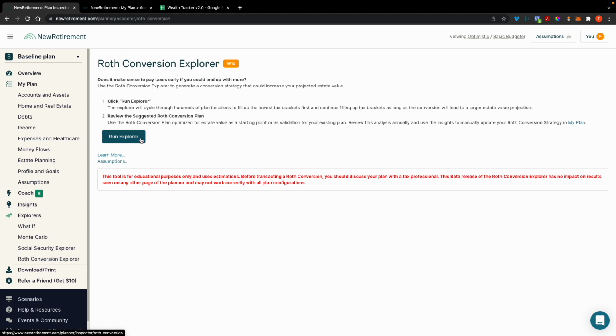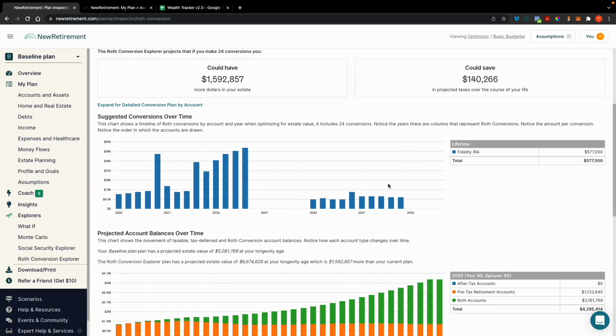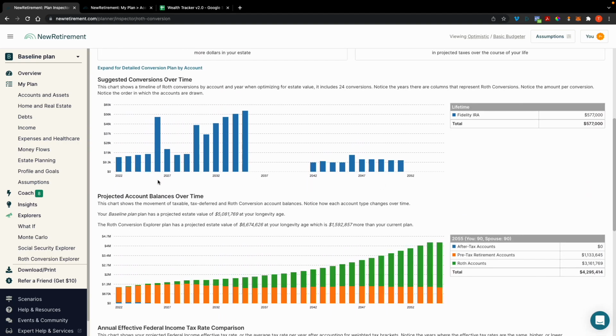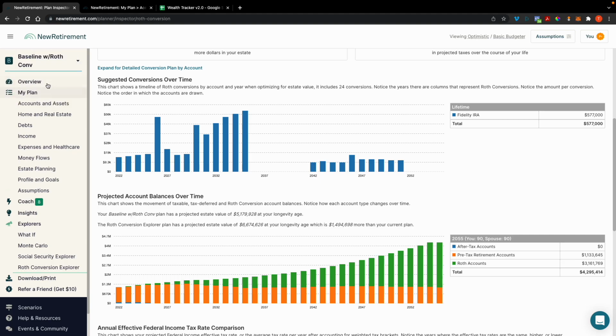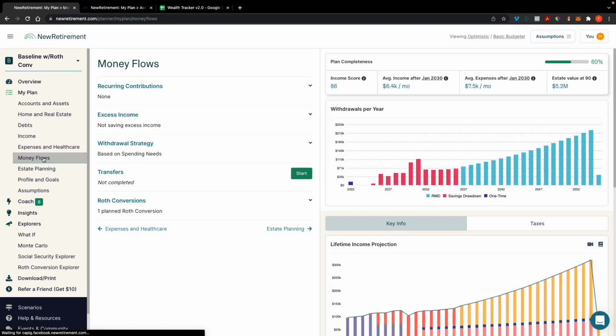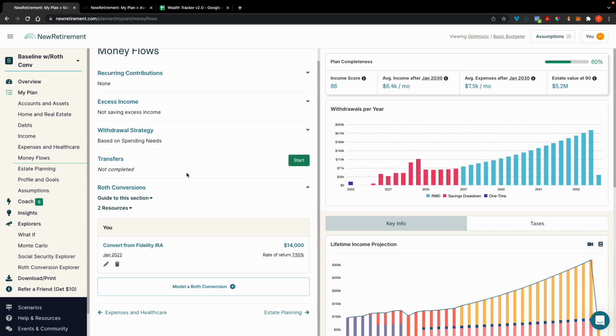And then what we're going to do is run it, and it proposed $14,000 next year and $15,000 the year after. If you just hover over this, you'll see what it proposed off to the right there for the year 2023. So $15,000. So if we go back to the Roth conversion scenario, and we go to the money flow, and we go to Roth conversions,